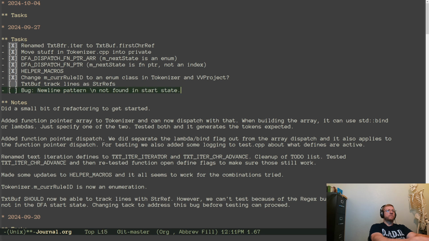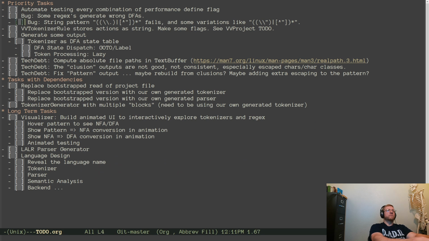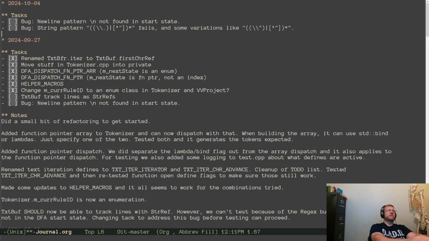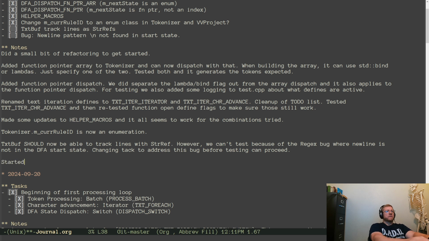So we're going to resume this one from our to-do list. Started debugging the regex issue. Remove the concept of a group node from the NFA.